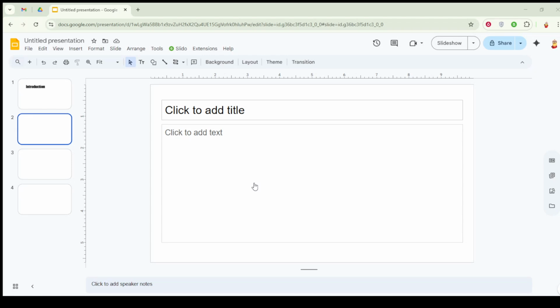In today's video, I'm going to teach you how to draw a curve in Google Slides. Whether you're working on a presentation for school, work, or a personal project, adding curves can really enhance the visual appeal and help communicate complex ideas more effectively. By the end of this tutorial, you'll be able to incorporate curves seamlessly into your slides, adding that extra touch